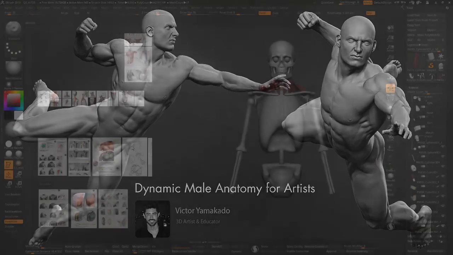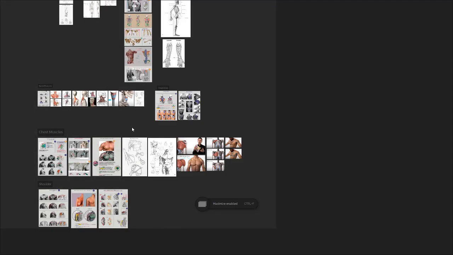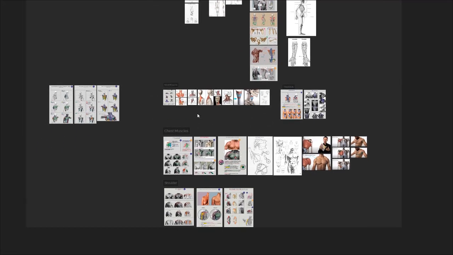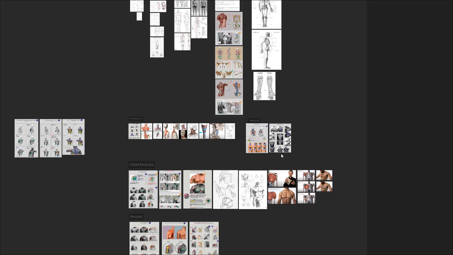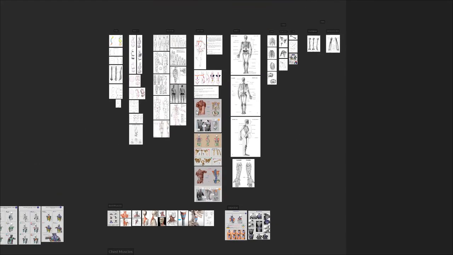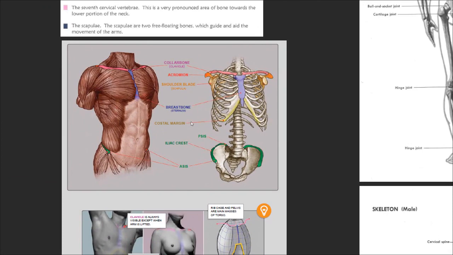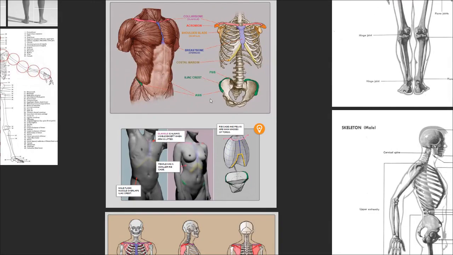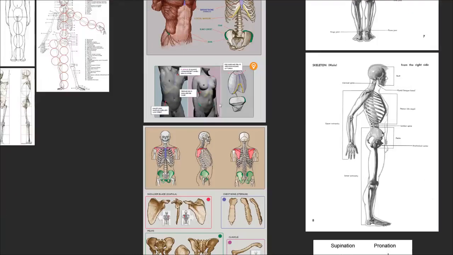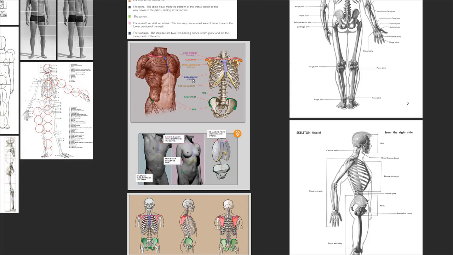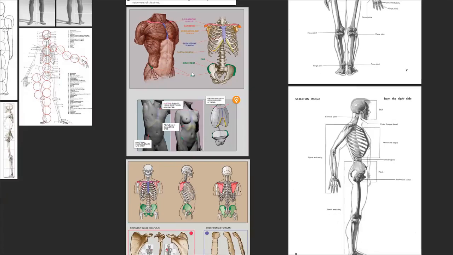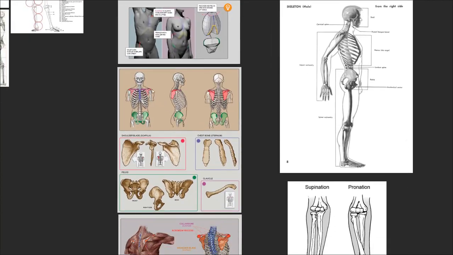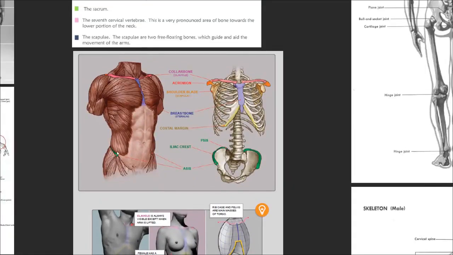Okay guys, so let's have a look at the chest muscle. Here I added more images for our lecture section. As you can see, I added some images from the Anatomy for Sculptors book, and this one is more related to the bony landmarks of the skeleton of the torso. Here we have some landmarks like the ASIS, the anterior superior iliac